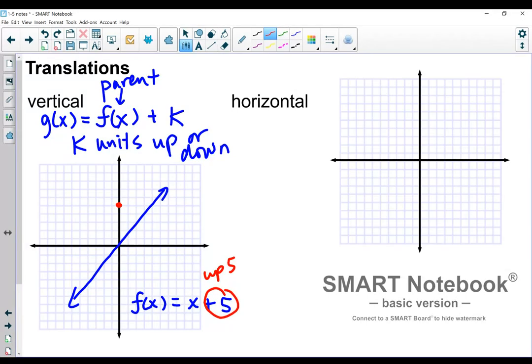And then I'll graph my slope, up 1 over 1. So you can see the functions are the same. It's just been moved up 5 units. So if I want to move something horizontally now,